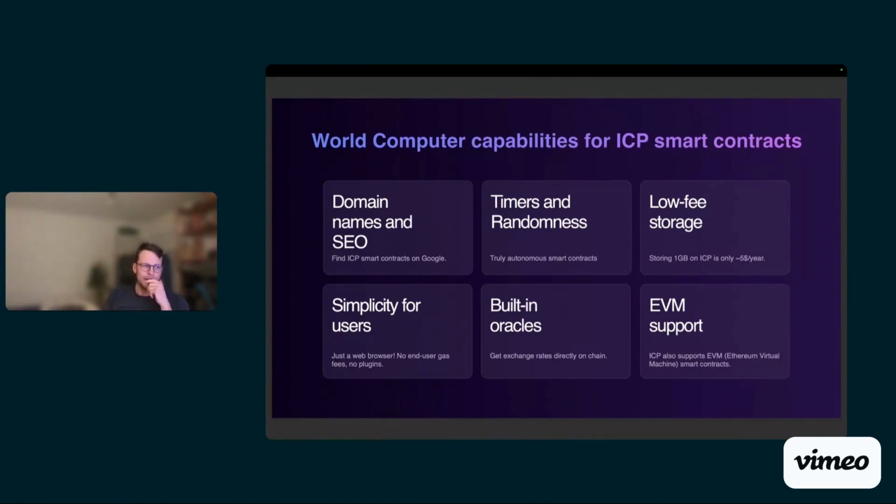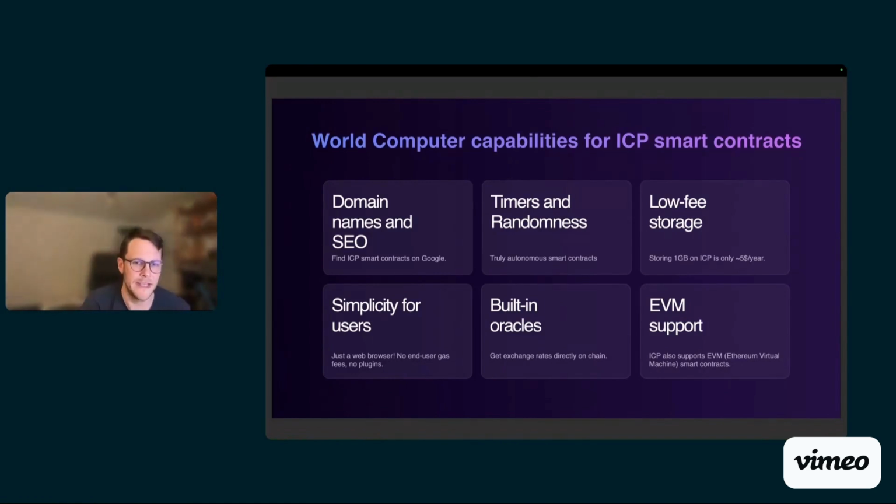It's also pretty amazing that a smart contract on the internet computer can hold up to 400 gigabytes of data. This is an order of magnitude difference from other chains. We'll also very soon see that you can call out to web services from smart contracts. So you aren't